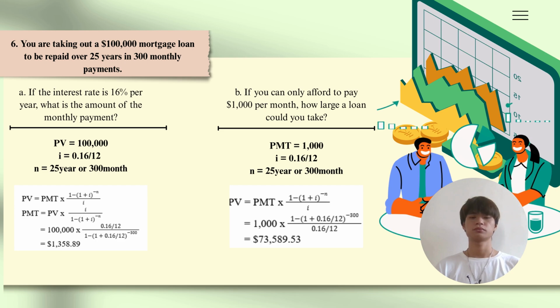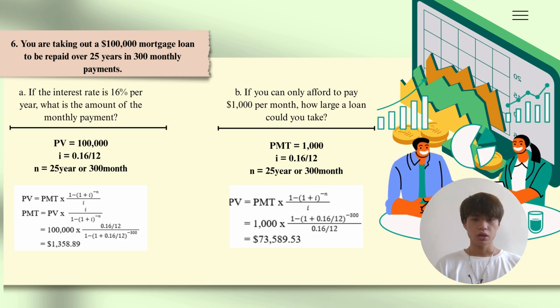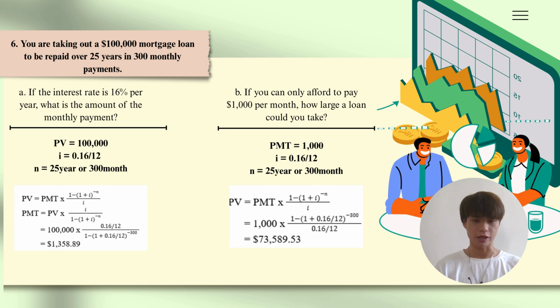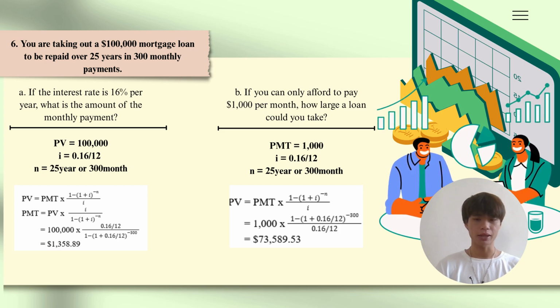For question 6, if the interest rate is 6% per year, what is the amount of the monthly payment? We know the present value of the loan is 100,000 and I is 6%, but we need to divide by 12 because it's a monthly interest rate, and N is 300 months. So we use the formula PV equals PMT times (1 minus (1 plus I) to the power of negative N) divided by I. So we can take the monthly payment as